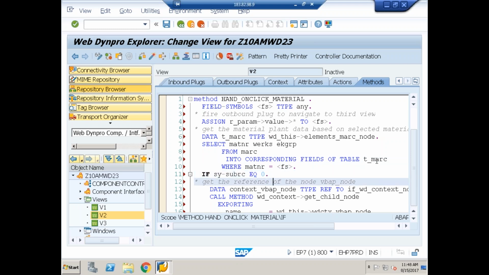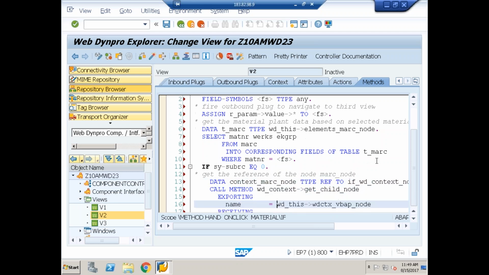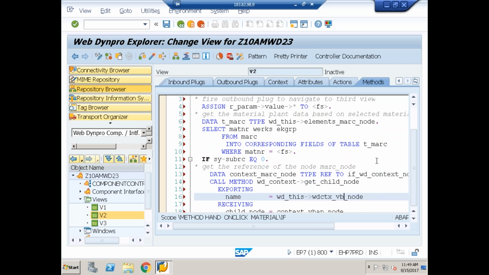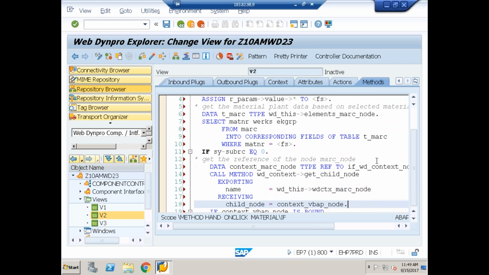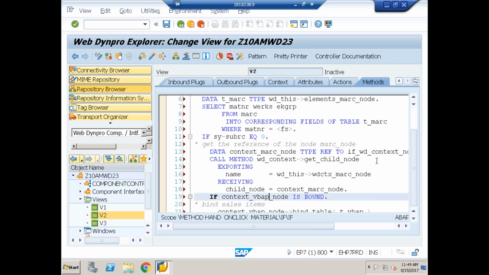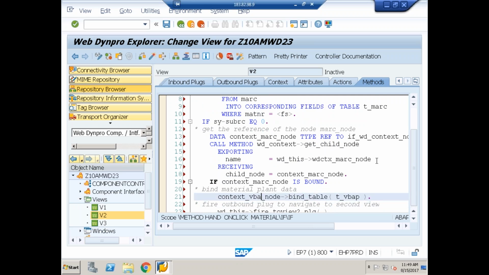If size of R is equal to 0, get the reference of the MARC node. Context underscore MARC node. Done. Get child node, MARC node, context underscore MARC node. If context underscore MARC node is bound, bind material plant data. Context underscore MARC node T underscore MARC, fire outbound plug to navigate to